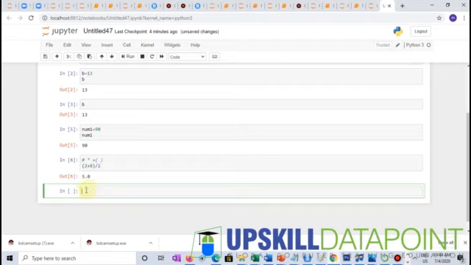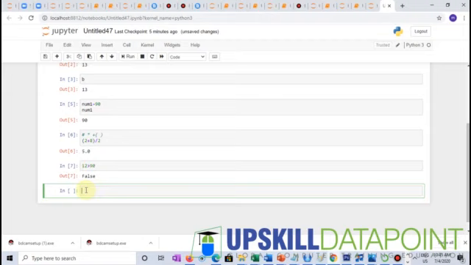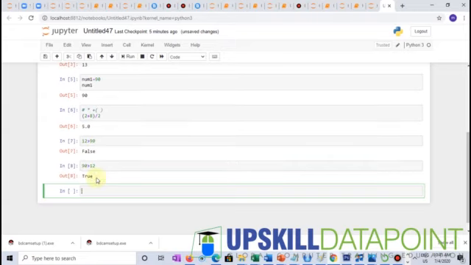Now we have Boolean values also, like is 12 greater than 90? False, right? So we get the Boolean value. And is 90 greater than 12? It's true. So we get Boolean values. You must have started getting a feel that it's a very intuitive language, very easy, and it's fun coding with it.